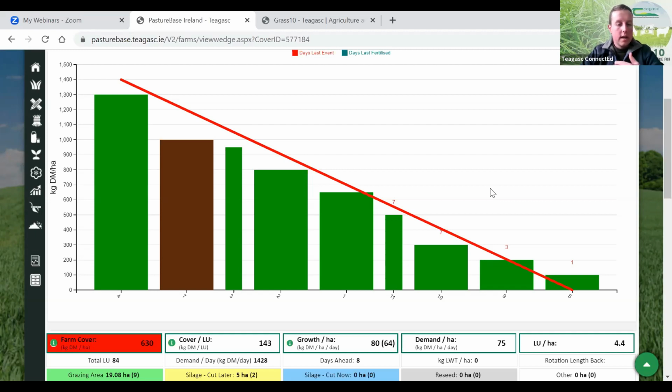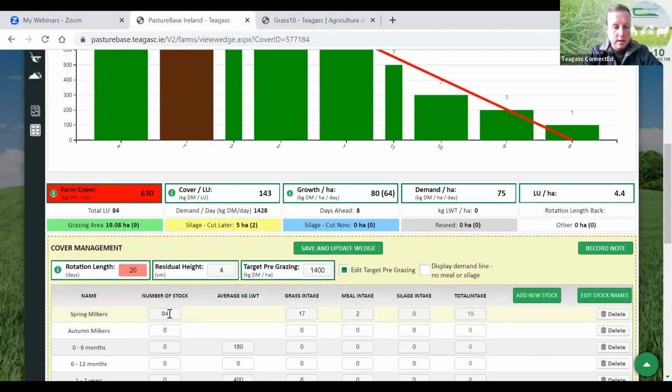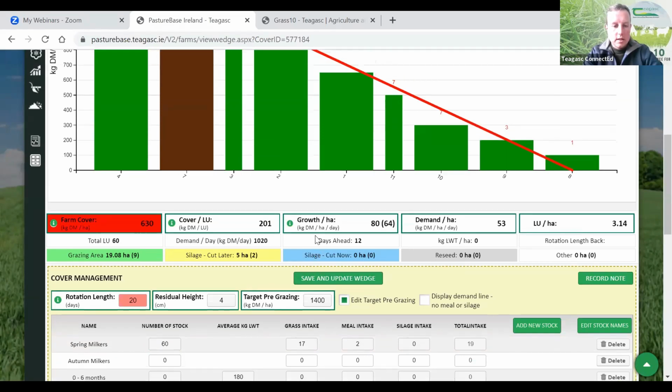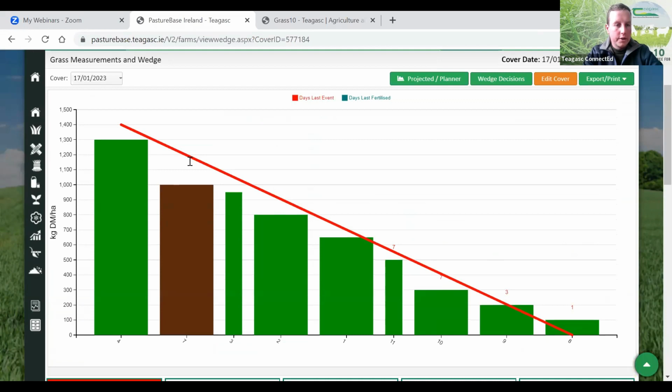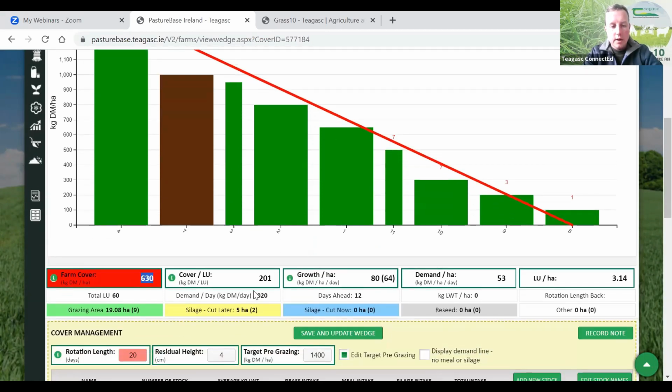So in a dry time, if this could be typical of a dry time. Now maybe the stocking rate, I'm just going to lower the stocking rate a little bit. Maybe we'll bring it back to 60 cows, okay? But this could be typical of what your farm might look like in a dry time. So your covers are getting a bit light, and that red line, a lot of the paddocks are starting to drop below them. Your farm cover is 630, you're actually covered with cows isn't too bad, but you're trying to hold on to that. And we'll say your growth, just for argument's sake, is 35 or 40,